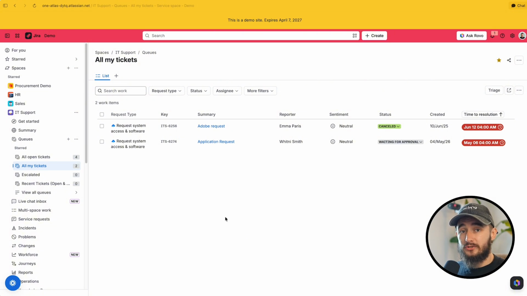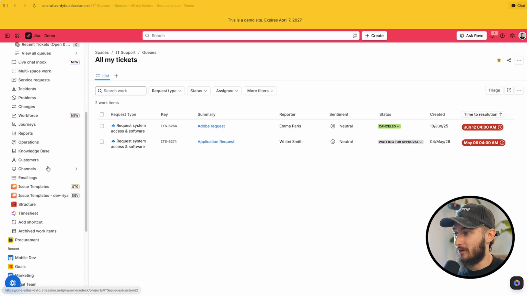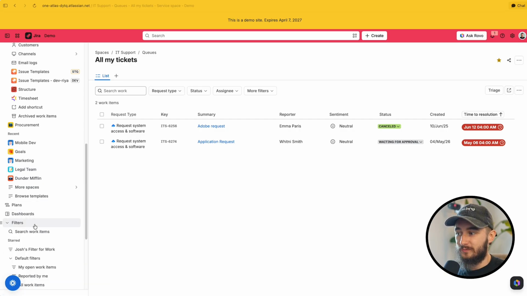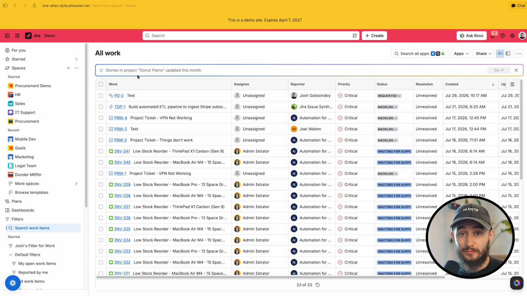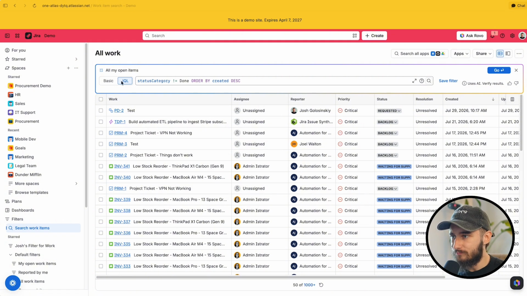So how do you actually set these queues up? Well, I actually like to start outside of queues for this process. I like to go down to filters, and then I go to search all work items, and this is where I craft what my queue should be. Now, all I do is typically just go to Ask AI, because Rovo's pretty great at finding what I need. So all I would type in here, for example, is all my open items, and I'll click go, and it should craft the JQL for me, and I'll show you how to apply it to a queue in a second. Okay, all my open tickets, it set a status category of not done, order by created descending,